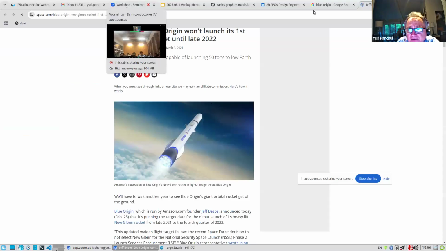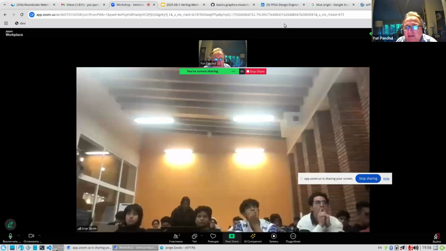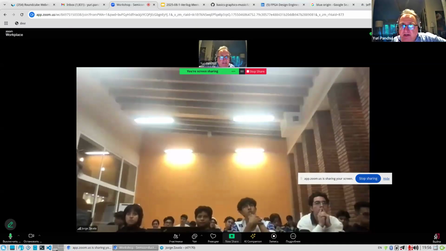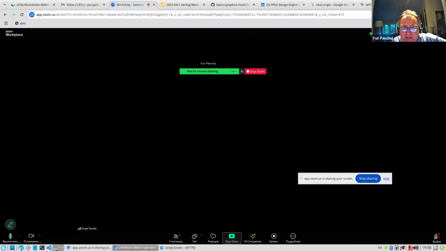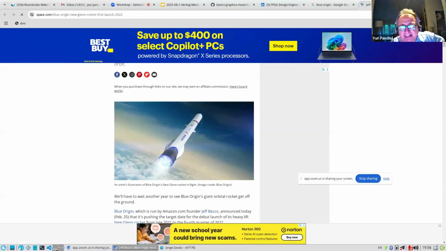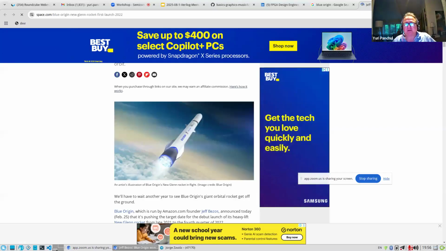The reason they hire engineers for FPGA design is that you don't have many rockets, so you cannot make an ASIC for a rocket, because to make an ASIC on a foundry you need to spend a lot of money.